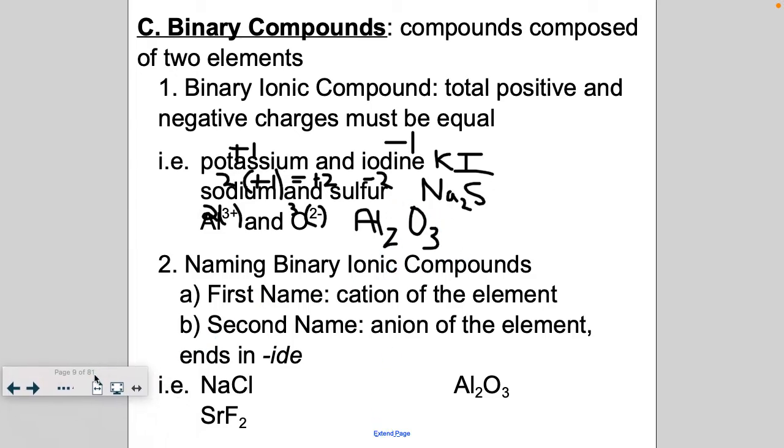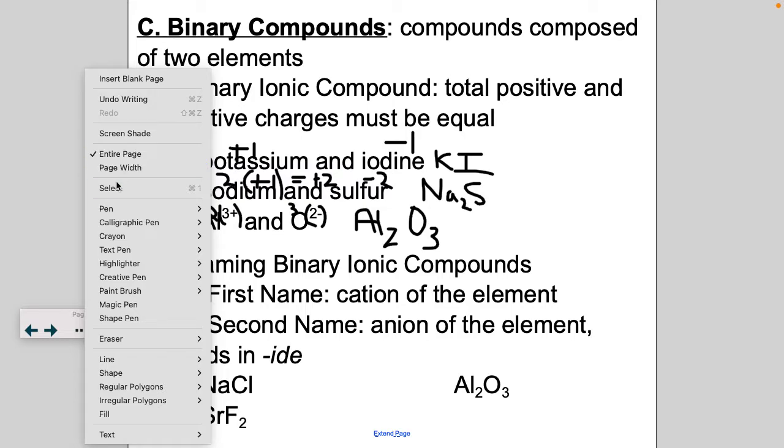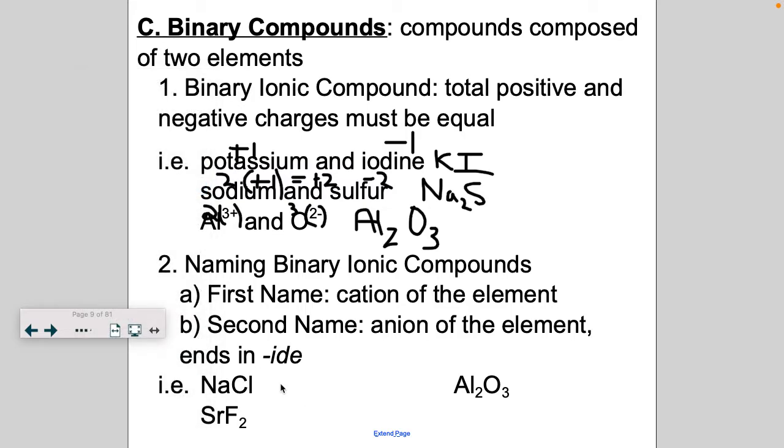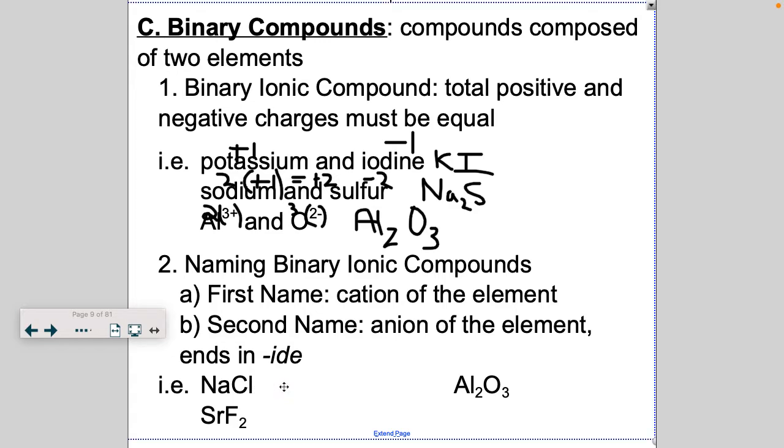Now when you name binary ionic compounds, you say the cation of the element. Okay, you just list the element, and the second name is the anion, and you drop the ending and you change it to IDE. So I'm going to change to my select here so I can type. So here I have sodium and chlorine, right? So the rules are, you just say,